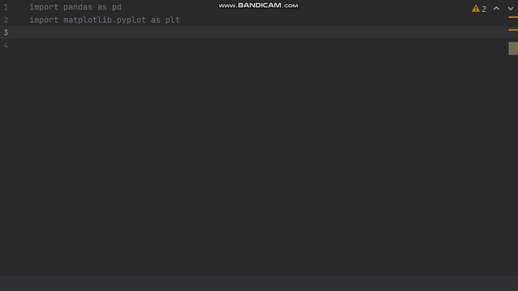Now it's time to get the path of the Excel file. Say workbook1, this is the variable, equals the path of the Excel. Suppose this is the path where Excel is residing, dot employee dot xlsx.